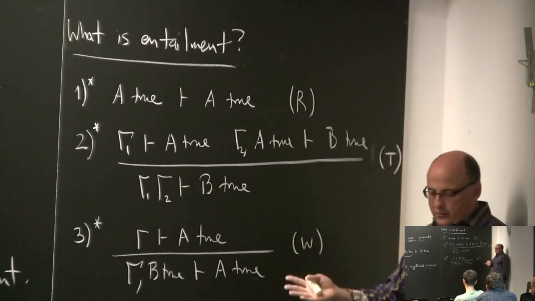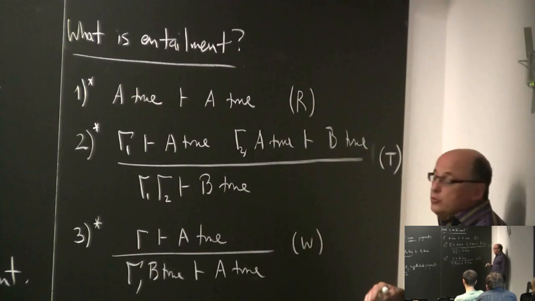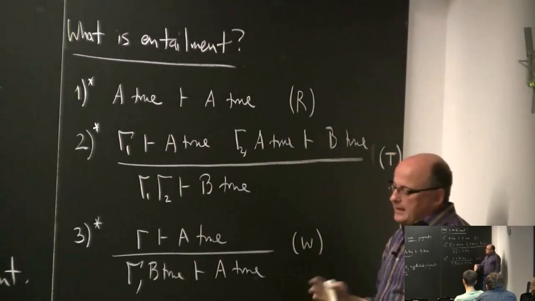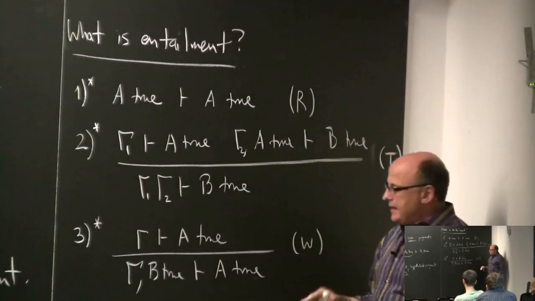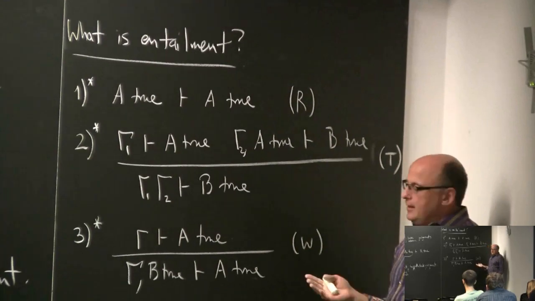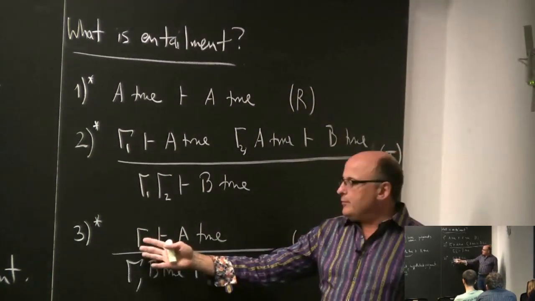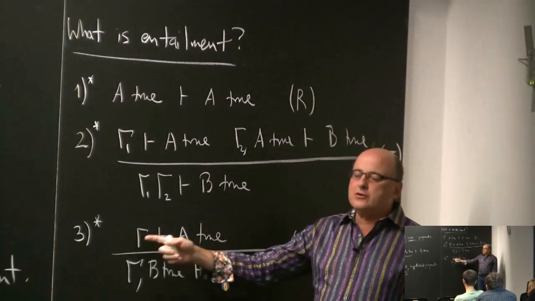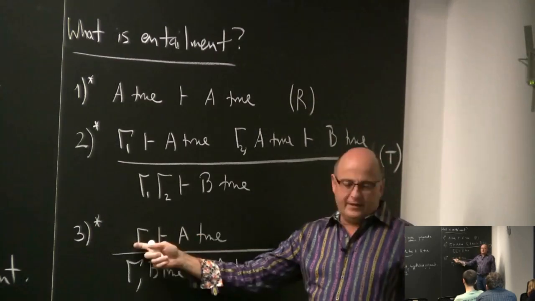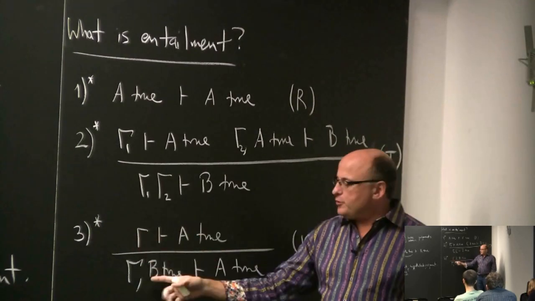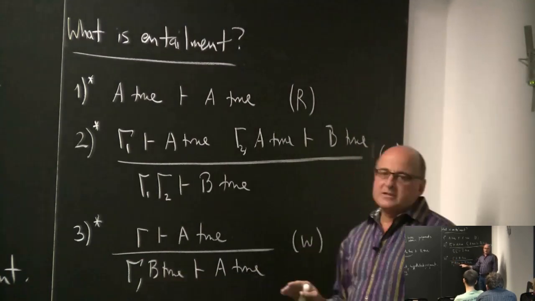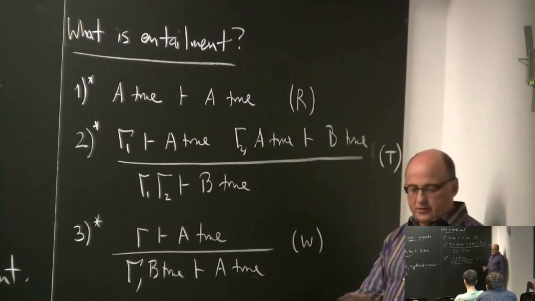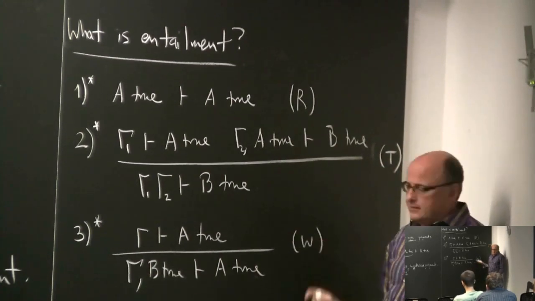I want to mention, just as a nod to people who may know about such things, you could consider denying this principle. And if you deny this principle, that's one aspect, but not the only aspect, of what is called relevant entailment. The idea of relevant entailment is that when you write down an entailment, you are not only saying that this follows from this, but you're saying it relies on everything that we see in here. It's not allowed to have irrelevancies. So that leads to a subject called relevance logic, and that's of no concern to me in this semester. But I just want to mention one could deny that.